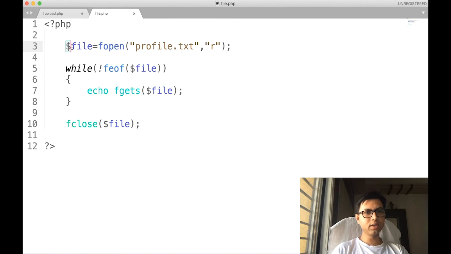What we are doing: creating a file variable and opening this particular file profile.txt in read mode. So this is the mode and this is the file path. The file path is only the file name, since file.php and this text file are in the same directory.